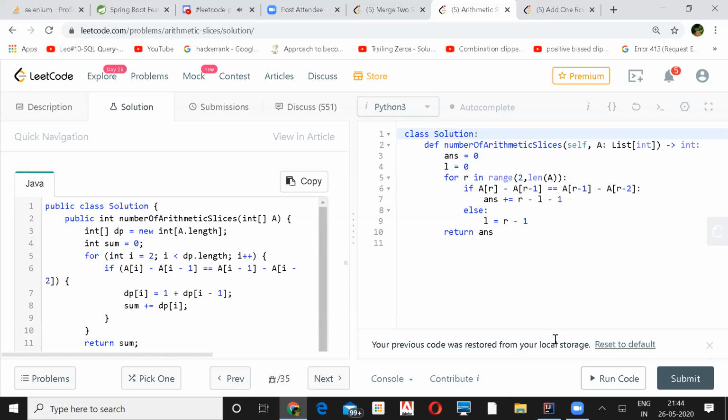But if they are discontinuous, like 1, 2, 3, and then you have 10, 12, 14, then it won't store, right? It will take only up to j which is less than i, and for the 10th index it won't store. So it will start the next one again. But then you'll have a discontinuity between both of them, and that is the reason you needed that sum variable.